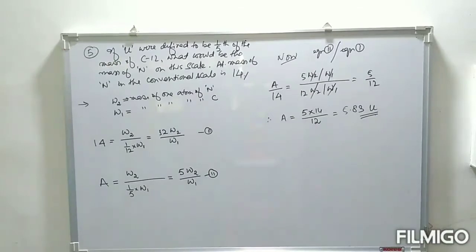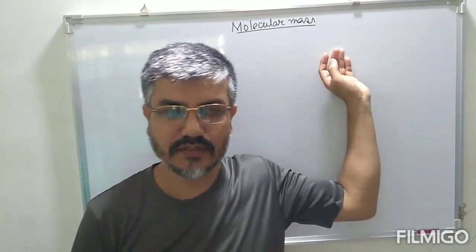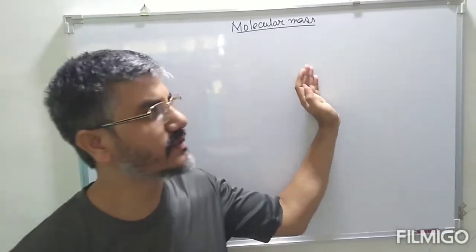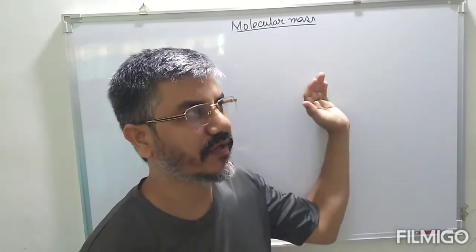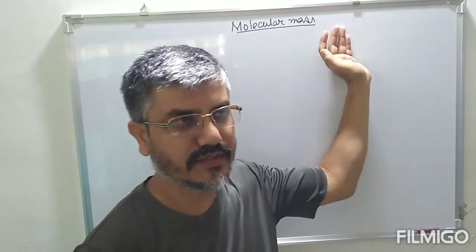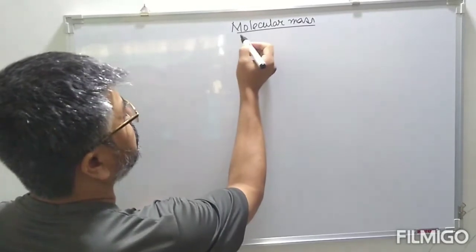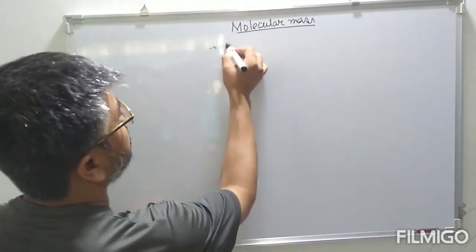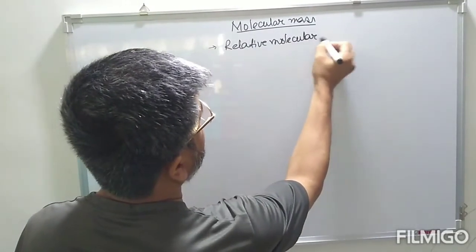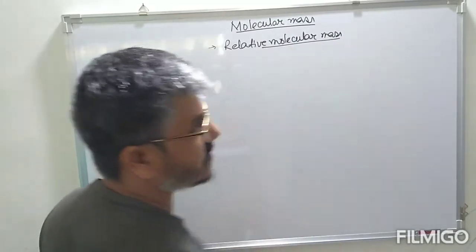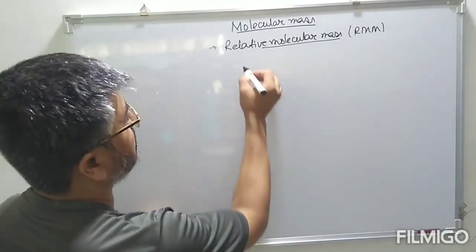So having gone through atomic mass, we are going to discuss molecular mass. The only difference is, in case of atomic mass, we define the mass of atoms, whereas for molecular mass, we define the mass of a molecule. So, first, the relative molecular mass. So, this relative molecular mass is defined as